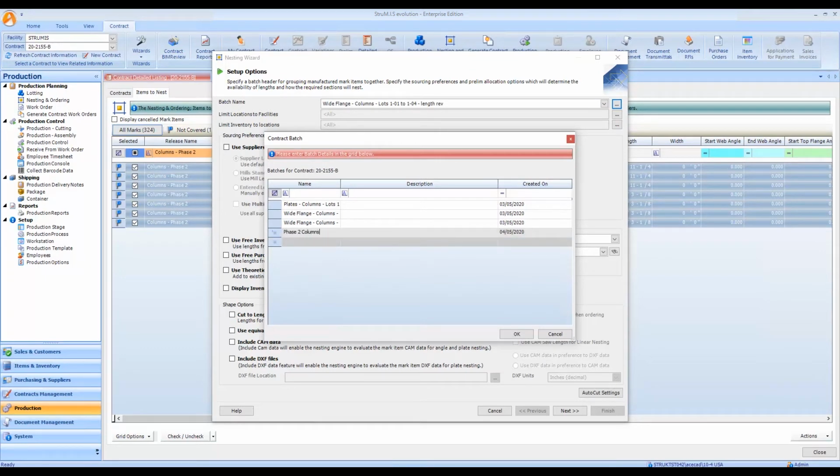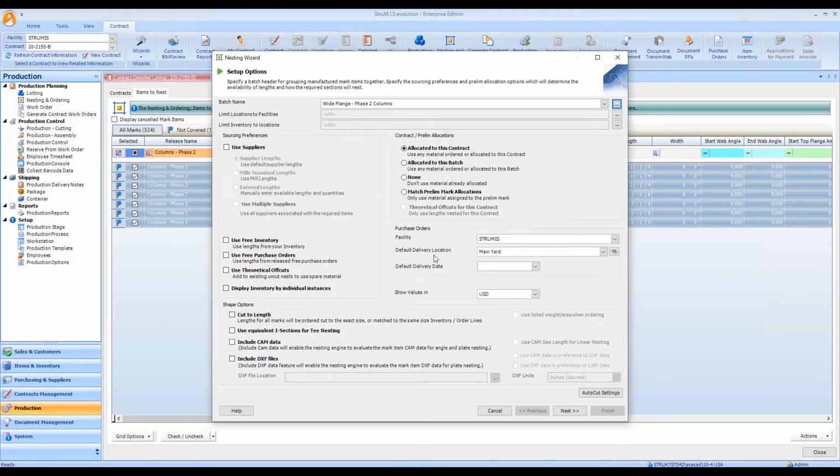So phase 2 columns. Let's follow the naming convention. And we're going to be using supplier lengths for this. So if I go next,